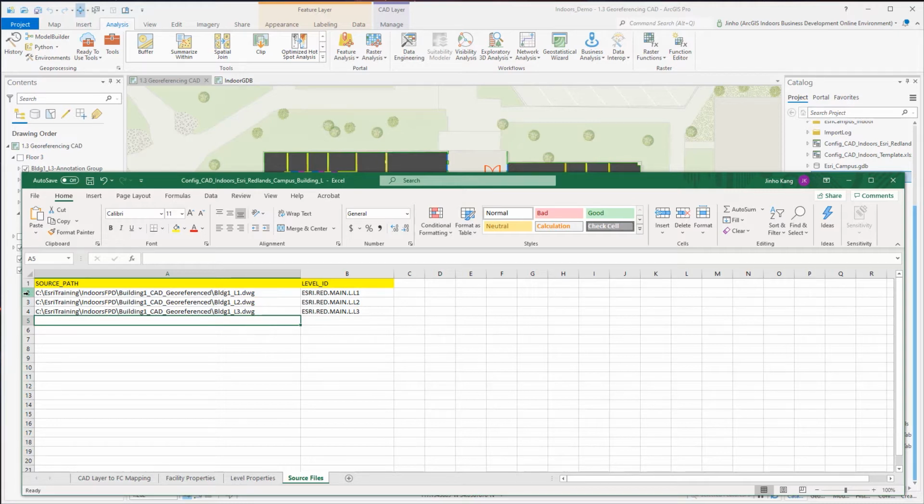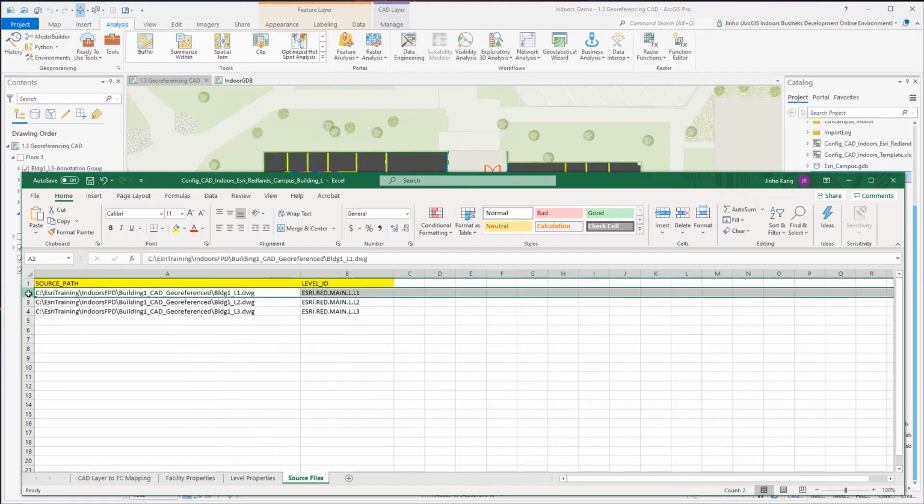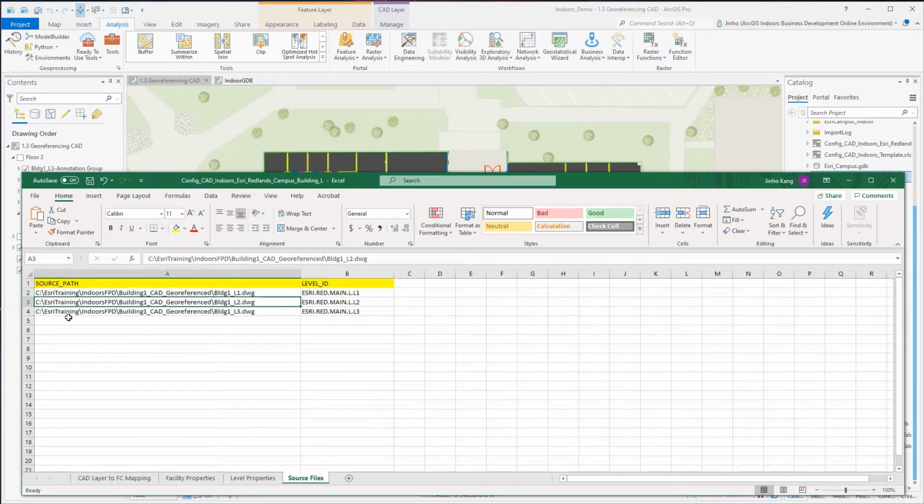For the Source tab, I have updated the correct file path on the local machine. This is the assigned level ID for each floor. This is a unique identifier string for each level. This field value will be used on other sheets, so think about the naming conventions and delimiters that you'll want